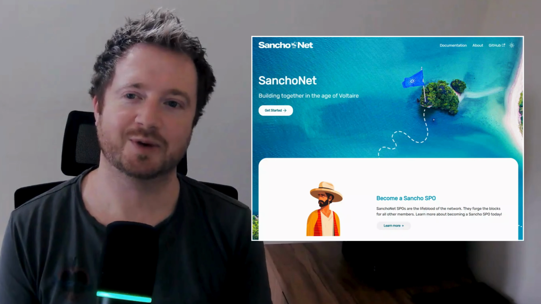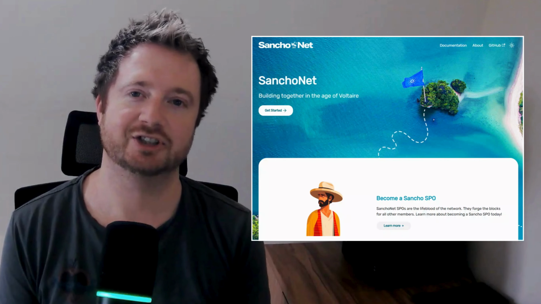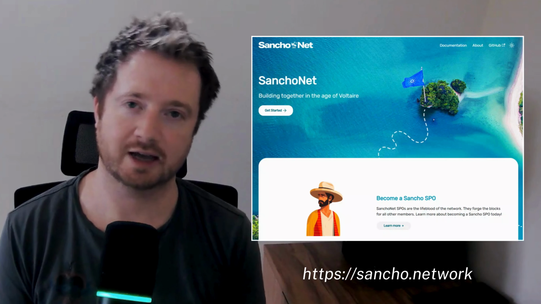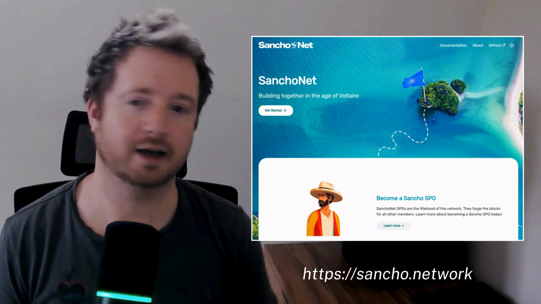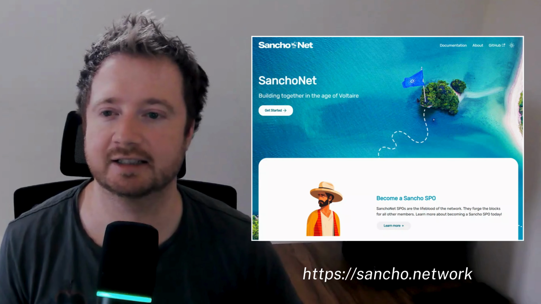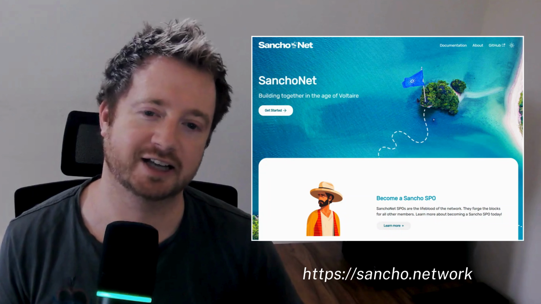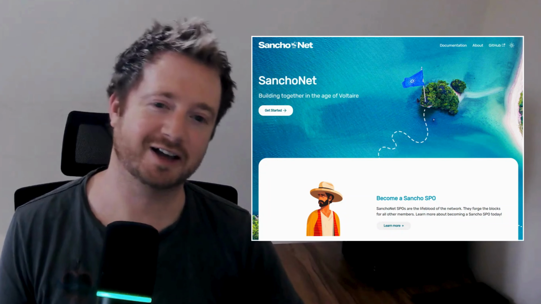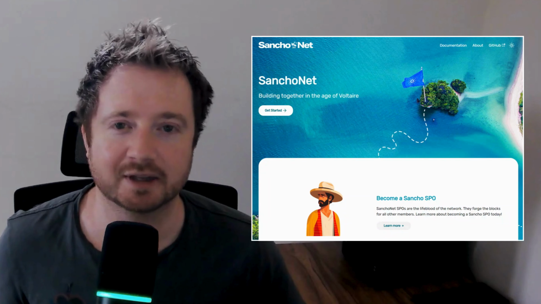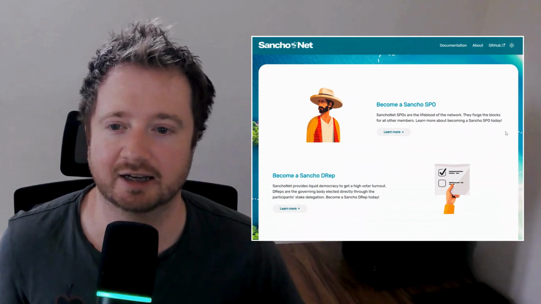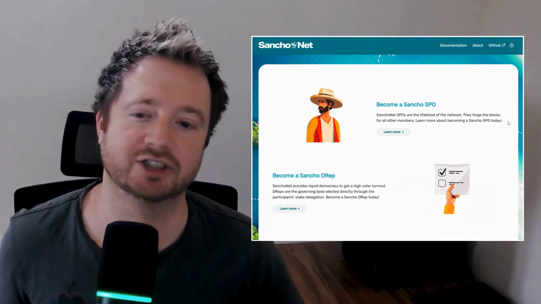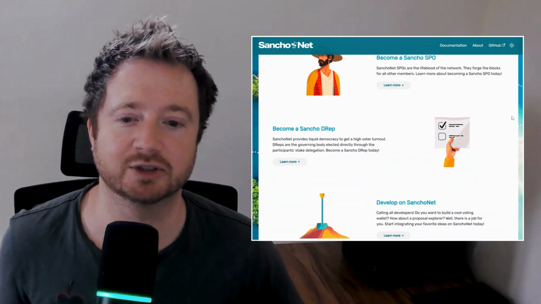So this is where we begin at SanchoNet, or sancho.network being the URL. And you can see here, this is the landing page, building together in the age of Voltaire and a little Cardano flag on the island here. Just to scroll down, there's a little bit of text here on becoming a Sancho SPO, becoming a Sancho DRep,